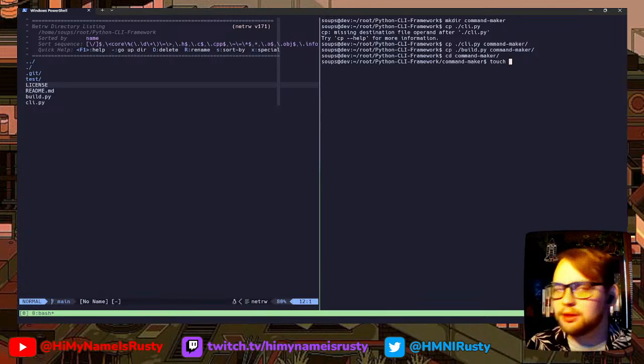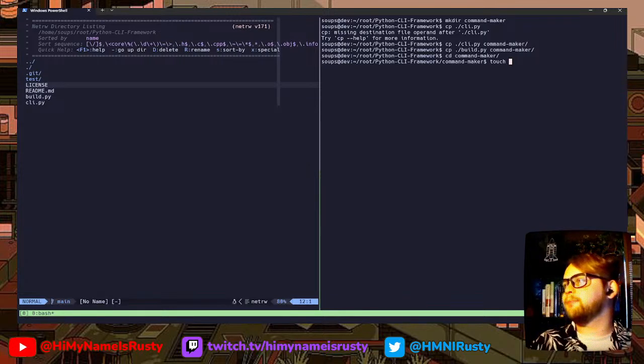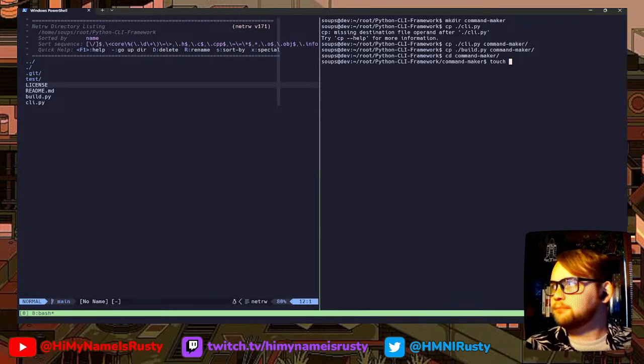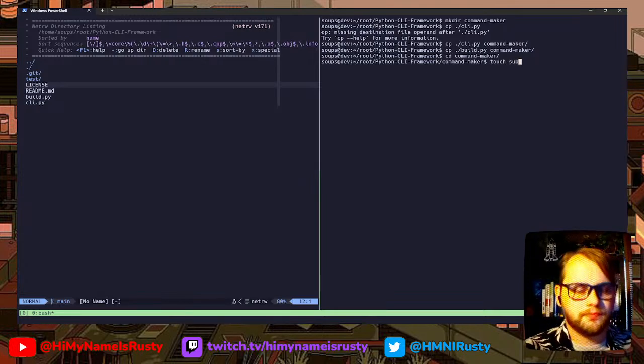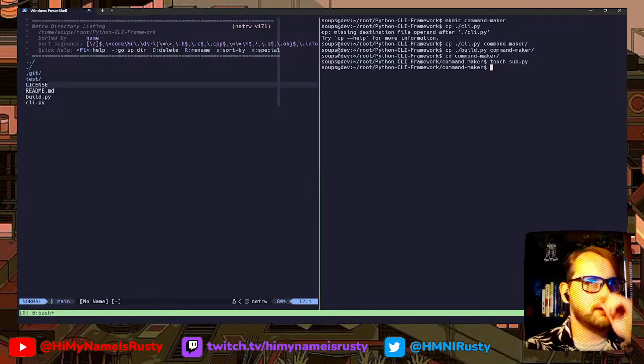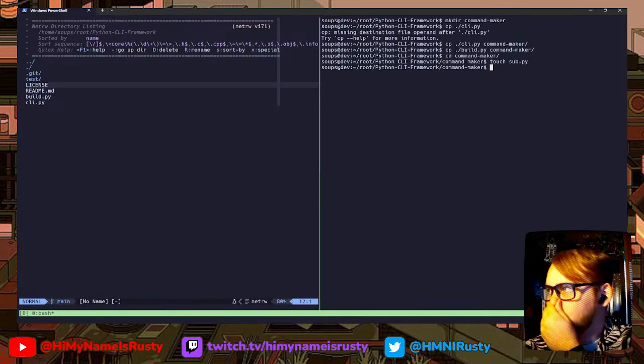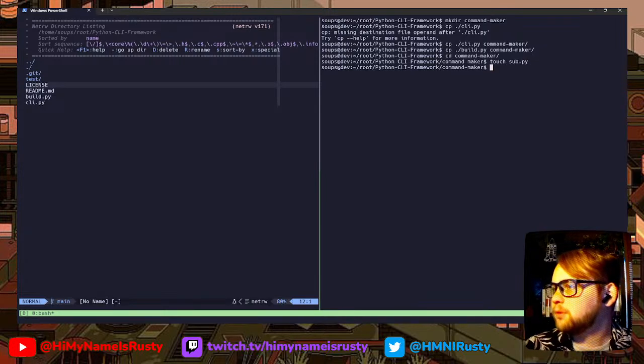So I end up naming the subcommand actions in our file. I'm just going to name them subcommands. So we'll create a sub.py.